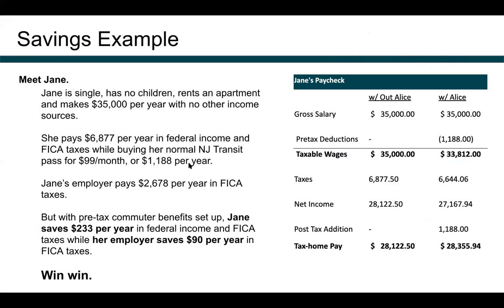So here is that example that we were alluding to on the previous slide. Jane is single, has no children, rents an apartment, and makes $35,000 per year, whether salaried or through hourly wages. You'll see here on the left side that without Alice and without any pre-tax deductions, her taxable wages are still $35,000. She's paying $6,877 in taxes. Now with Alice, we've reduced the taxable wages by almost $1,200, which has reduced her taxes from $6,877 to